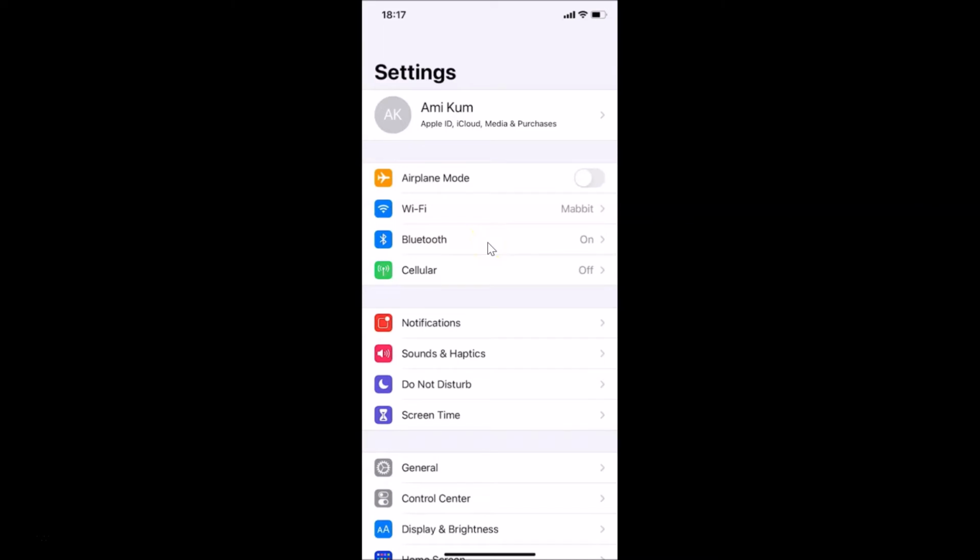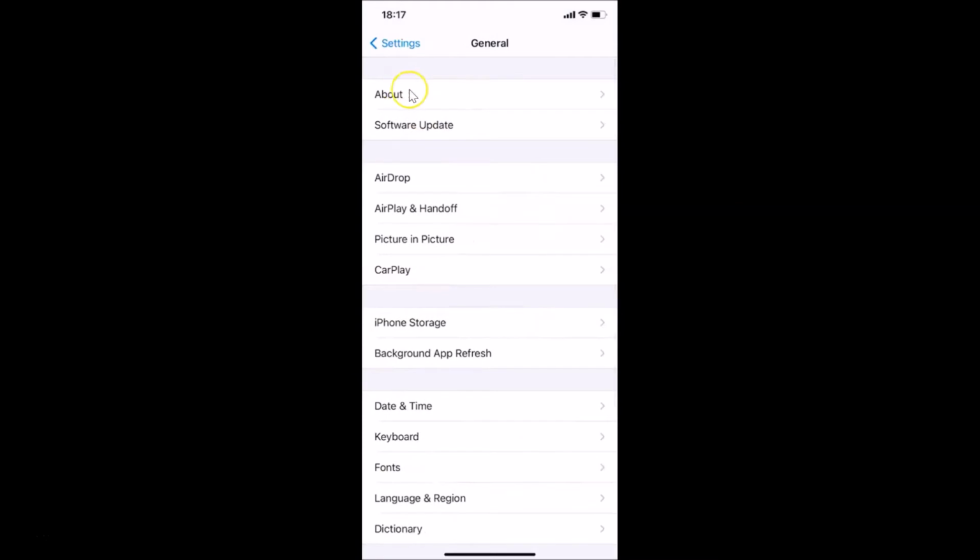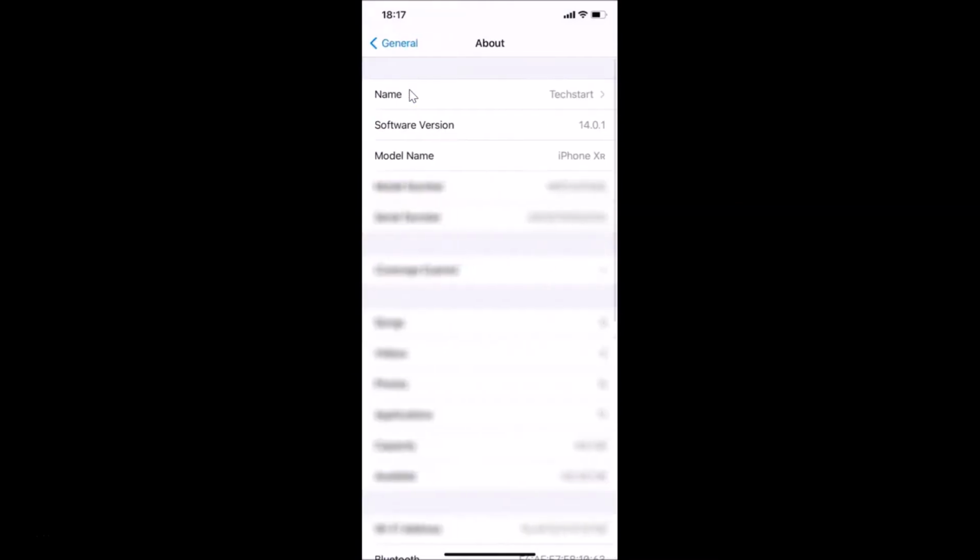And also guys, let me show you first that I have iOS version 14.0.1 installed on this iPhone. So let me tap on this general, and then let me tap on this about, and you can see guys here I have this software version. You can see I have iOS version 14.0.1 installed on this iPhone XR. So let me go back